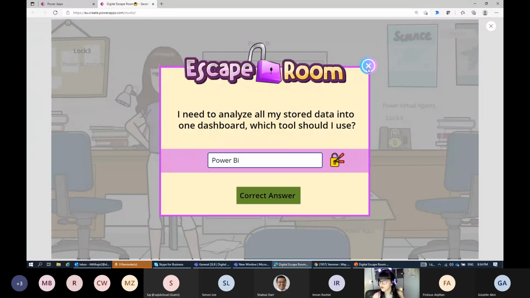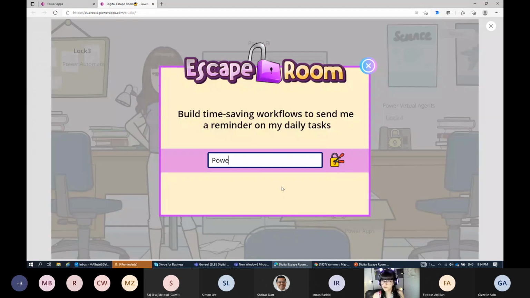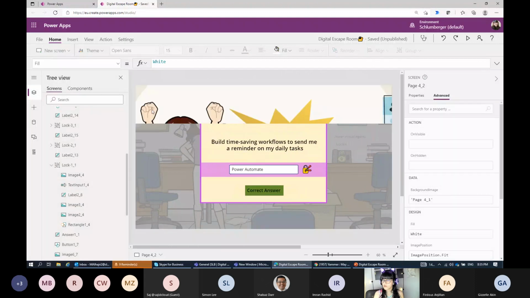Power BI, and it's here Power Automate. You remember when I showed you the pop-up message? The final step for the user to show them that you escaped the room or whatever we are having. So here actually, after this step, we are able to see this pop-up message. Give it a few seconds, it will appear. Okay, here we go.